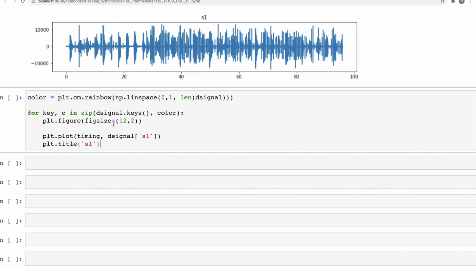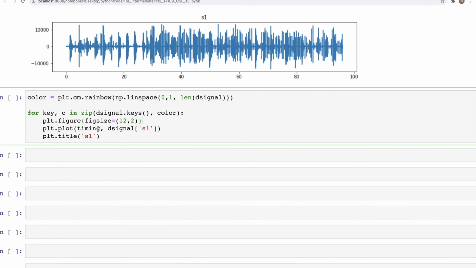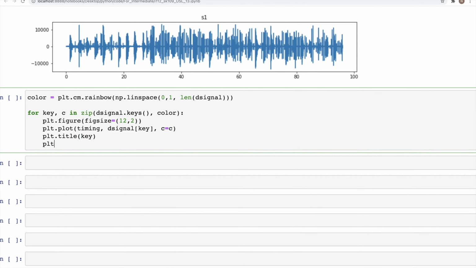Okay, so we have this, and then plot timing the signal, and here instead of S1 we can specify just the key, and the color is equal to C, and for title we can specify key, and then we can say plt.show and then